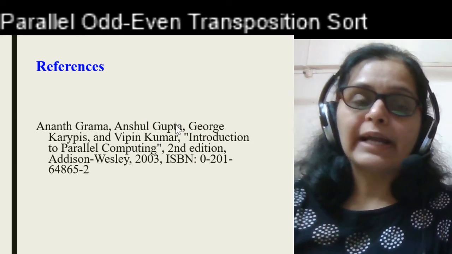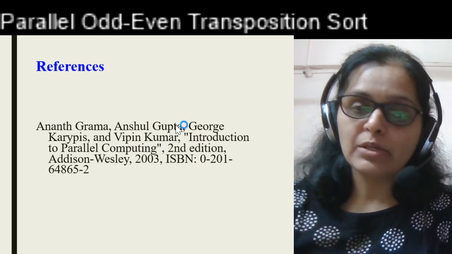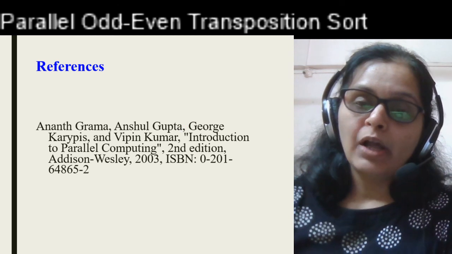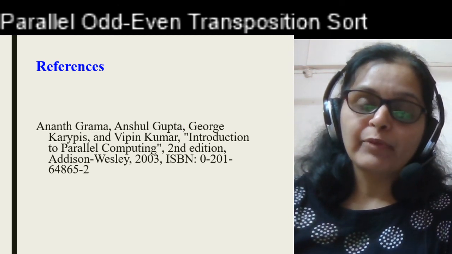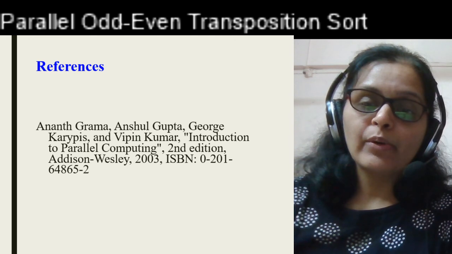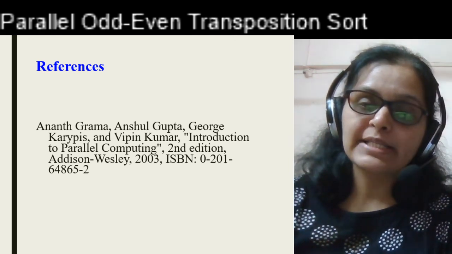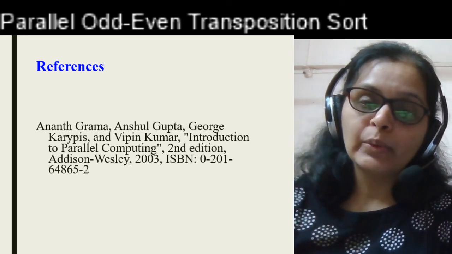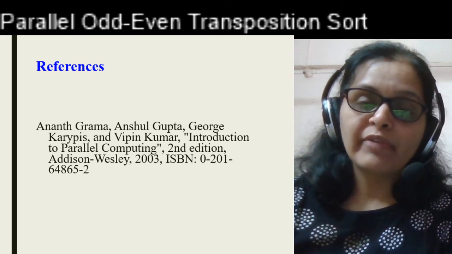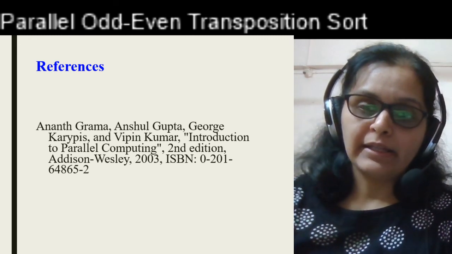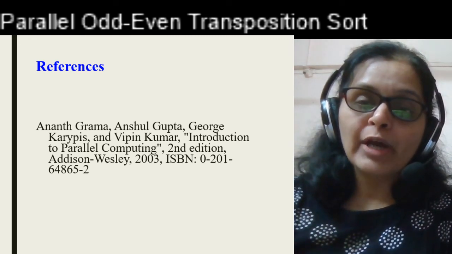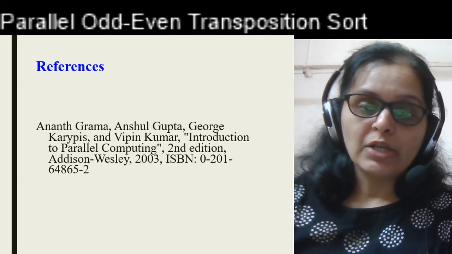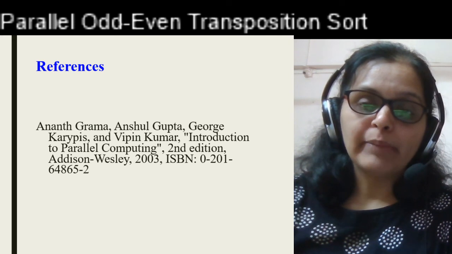So we learned that this is not the cost optimal solution. So what is the cost optimal solution then? A bit about that before ending. In this video we saw the n is equal to p case. In the next video I will explain the cost optimal solution where p is less than n, that is, we are using fewer processes than the number of elements to be sorted. That I will be covering in my next video.